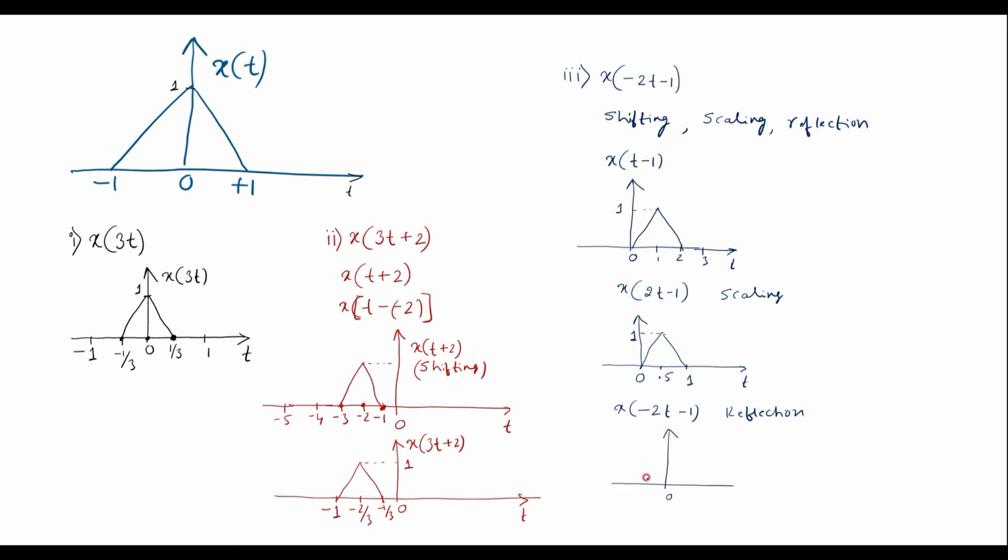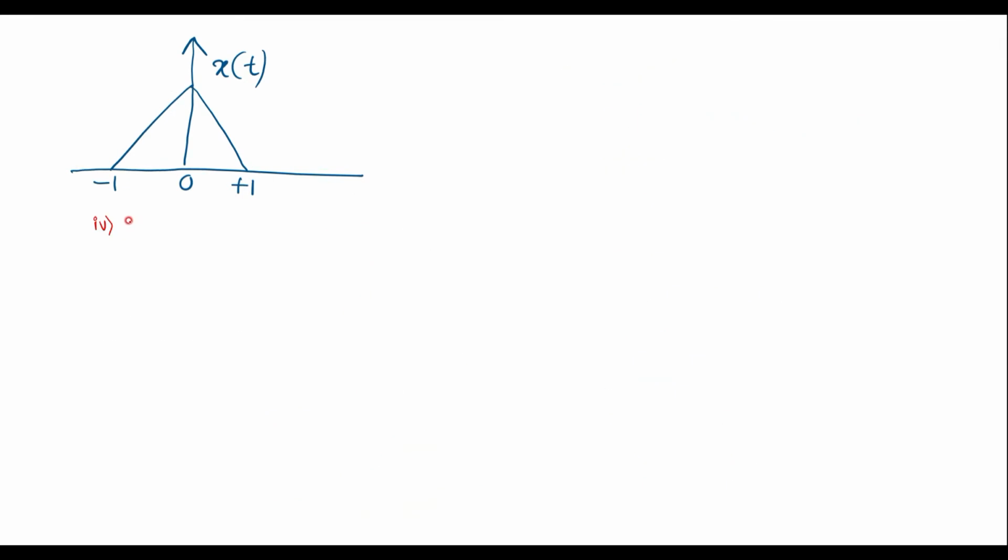This point will appear at minus 1, 0.5 will appear at minus 0.5, that is this is minus 0.5, and here we have minus 1. So this will be x of minus 2t minus 1. Now we'll sketch the fourth operation, that is x of